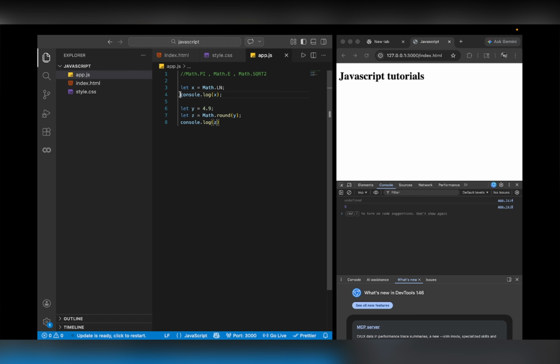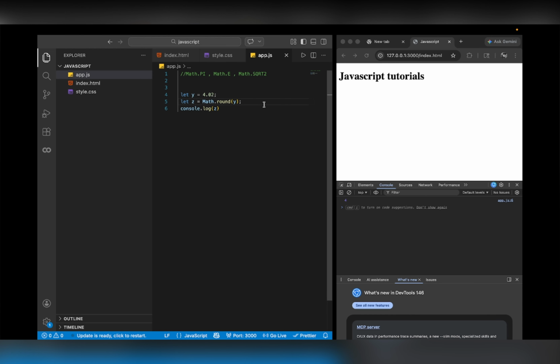So यहाँ पे आप देख सकते हो कि 4.9 को राउंड करने के बाद उसका वैल्यू 5 आ गया। राइट, अब 4.5 करेंगे तो 5 आएगा, 4.4 करेंगे तो 4 आएगा, 4.02 करेंगे तो 4 आएगा। तो ये Math.round हो गया। नाउ दूसरा है Math.ceil।